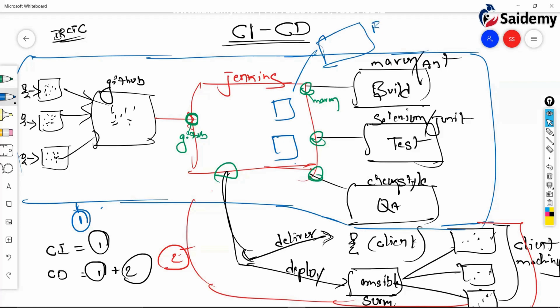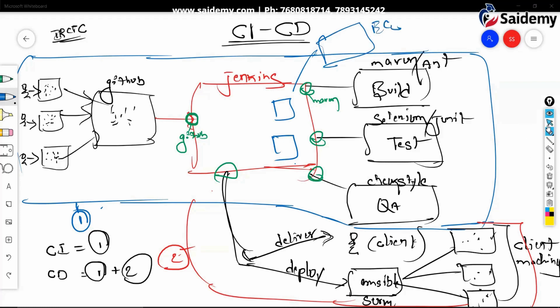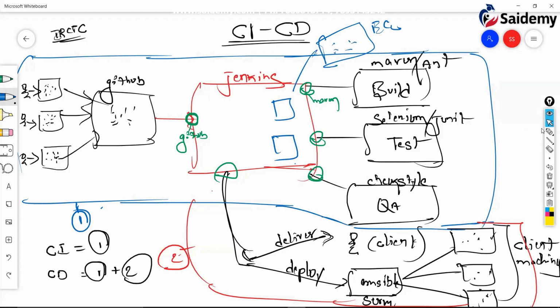External slave means an external EC2 instance. By using these slaves, we can distribute Jenkins' excessive load burden to them. These slaves take the excessive load of Jenkins. We call them slaves or worker nodes. Internal means virtual slaves; external means an extra EC2 instance. We are going to see both.